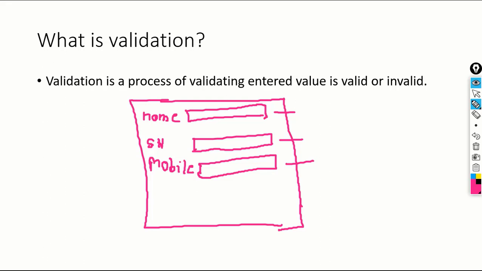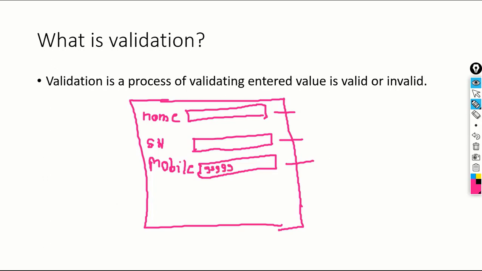Suppose if I write my mobile number like 988, will it accept? Definitely it will not accept. Or suppose I enter my mobile number like this, this is a dummy number, okay, 99999.